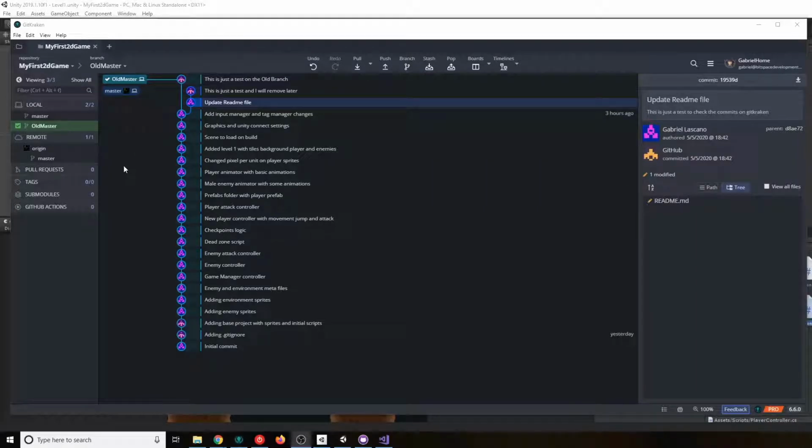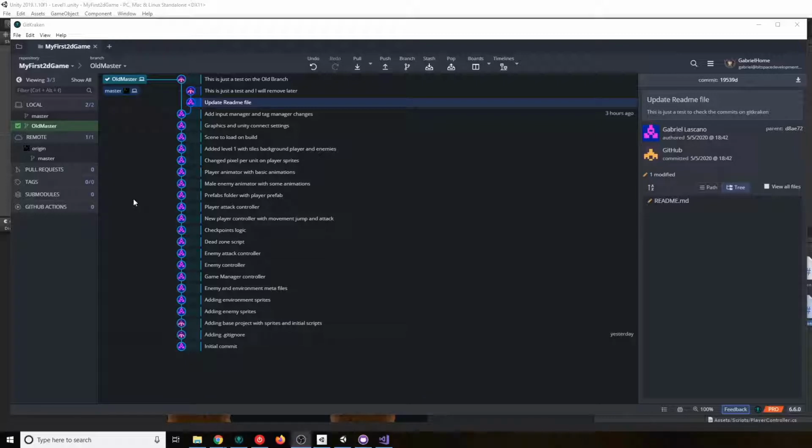So what I want to do now is I want to merge whatever was on master with my old master branch. Why is that? Maybe on the example that I was mentioning before, we have our new branch. We were trying just a new mechanic, and we changed a bunch of things while our team was working on other stuff.